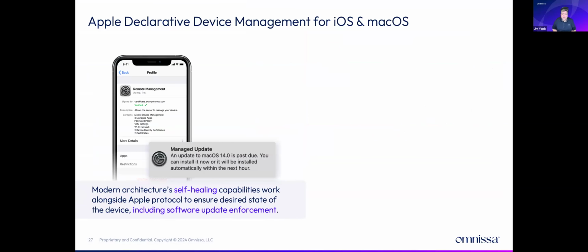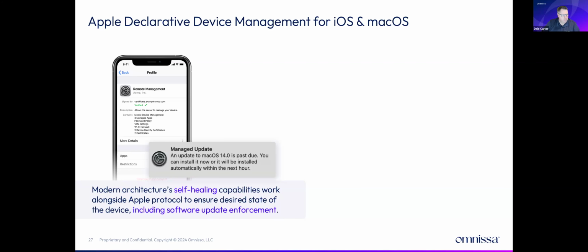So one of the things that this has facilitated is, as I mentioned, Apple Declarative Device Management. This is a really slick way of just saying, I want this device to be compliant with X. The example I've got here is an iOS update that's past due. So I can set rules, I can allow a certain number of deferments, and then once the deferments are passed, you're getting it whether you want it or not. So go ahead and click one, Dale.